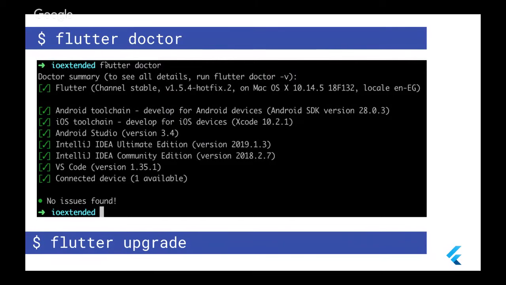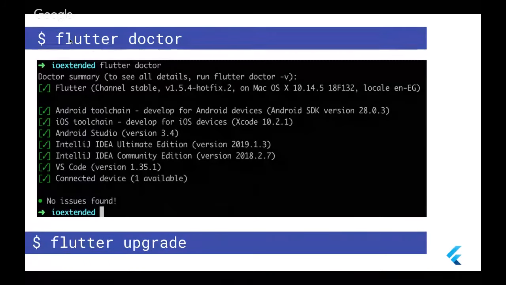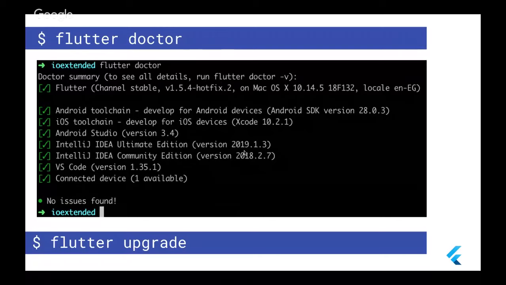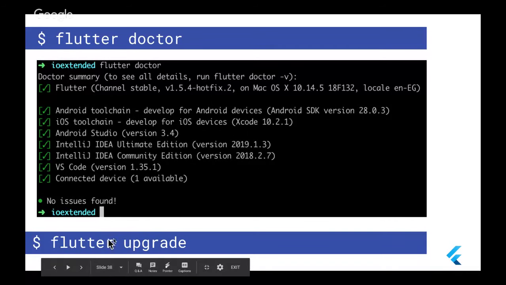The most important command I need you to know, after installing Flutter, you have to run the Flutter Doctor command. Flutter Doctor checks your computer and it checks Java version and Android Studio version, and if there are any problems with your IDE or your plugins, you need to write in your terminal Flutter Doctor to make sure that everything is working fine here. And anytime, if you want to upgrade Flutter, just write Flutter upgrade.